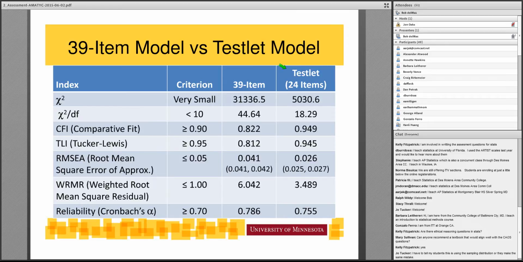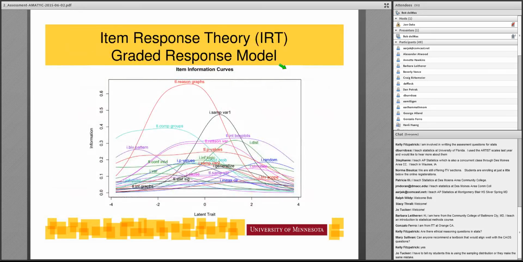So it seems that a one-factor model fits, again, I'm arguing that CAOS is measuring conceptual understanding of statistics after a first course. It's a fairly reliable instrument, and it has some good characteristics to it. All right, next